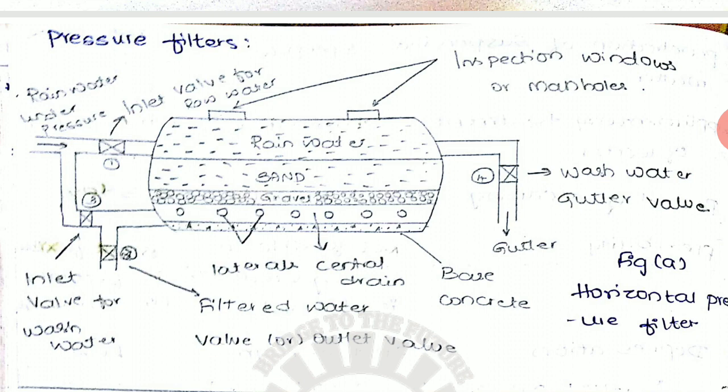Here the outlet is provided, and the wash water gutter valve is provided at number 4. When some quantity of water gets filtered, automatically the suspended particles and impurities will be settled above the sand layer, and that should be removed. In maintenance, this layer above the sand can be washed, and that washed water should flow through valve number 4,